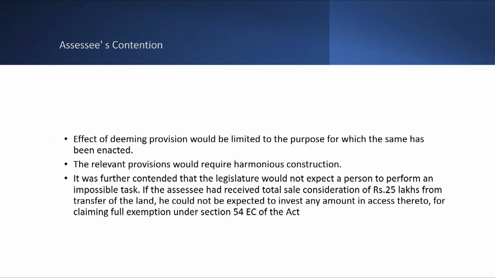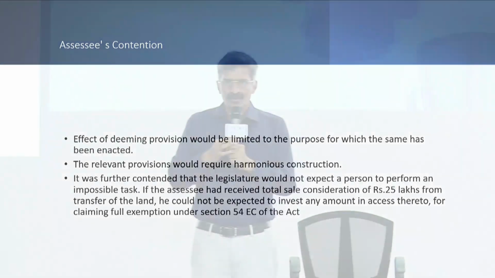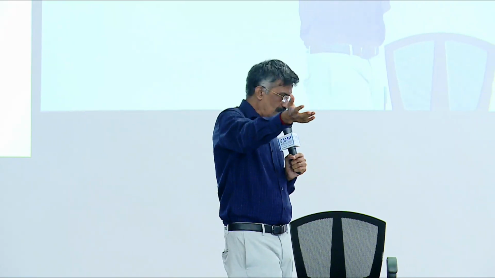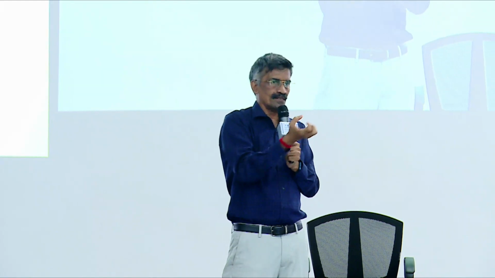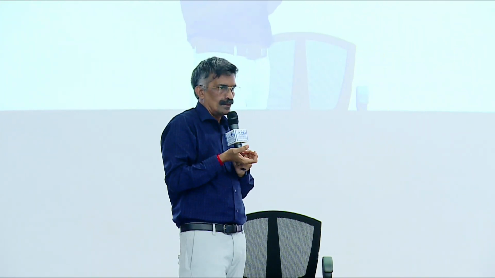Now, I have 25 lakhs of actual consideration, right? Stamp valuation is 50 lakhs. Now, where will I go and invest the remaining 25? Suppose you want me to invest the entire amount. From where I will invest? I have only 25 lakhs. My actual consideration in my hands is only 25 lakhs. The deemed consideration is 50. The remaining 25 is something which I don't have. If I have to invest for the purpose of claiming exemption and I don't have any other money, that means you are asking me to perform something which is impossible to perform.